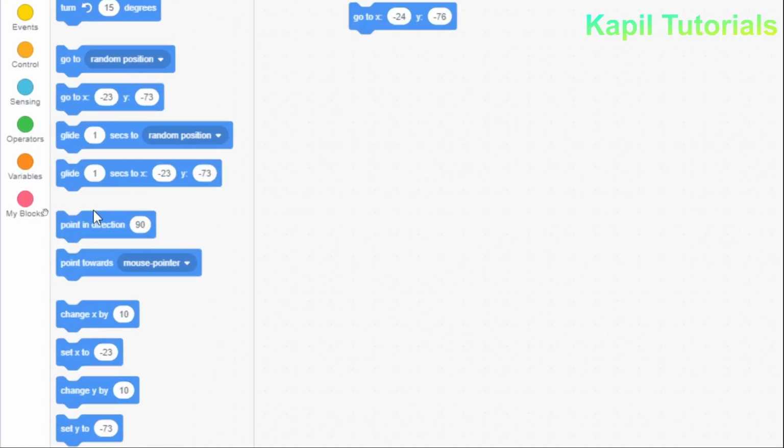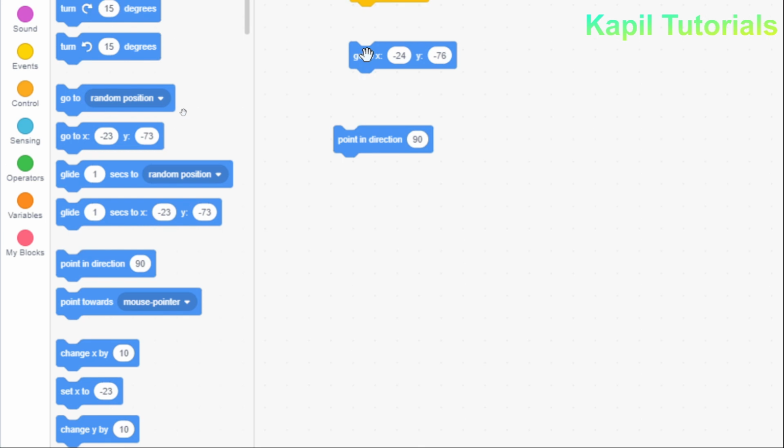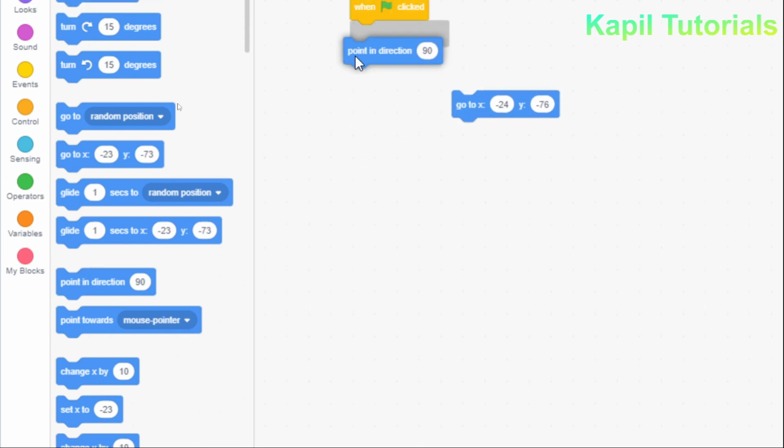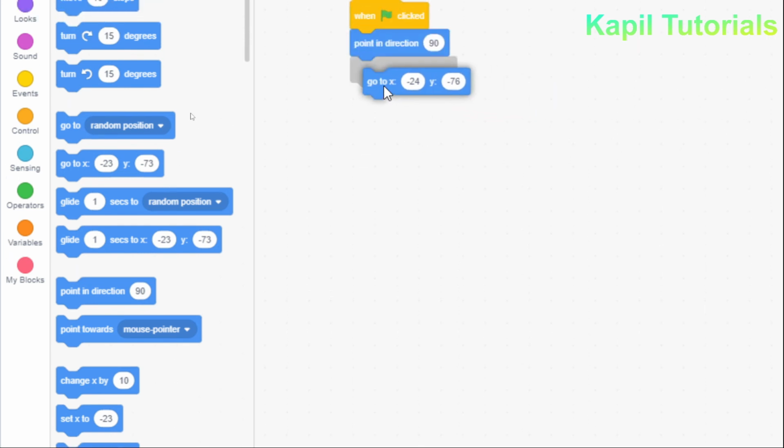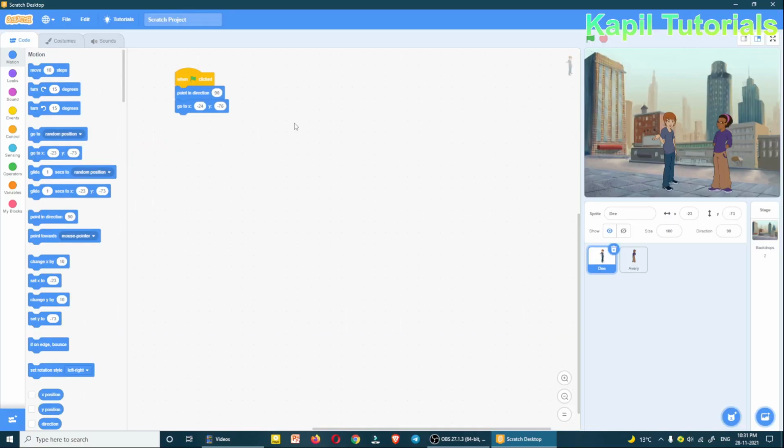From here I'll take this code, I'll place it here, and then this. So these codings, what they have done, whenever I start, always this D character will stand at a 90-degree angle and at x minus 24, y minus 76, means this position only.